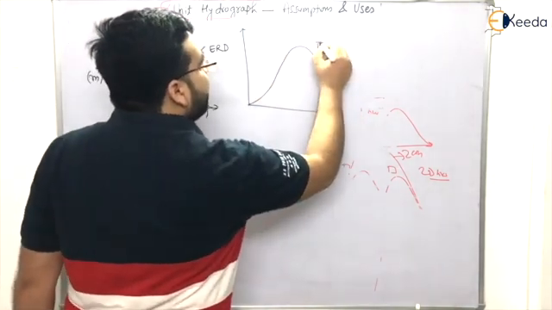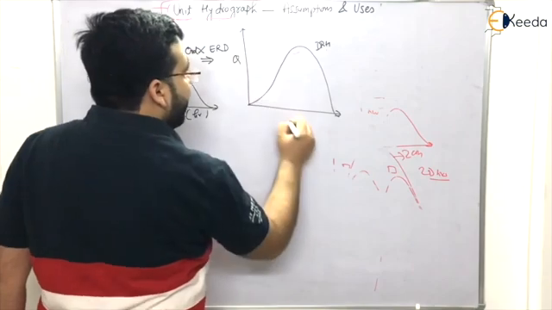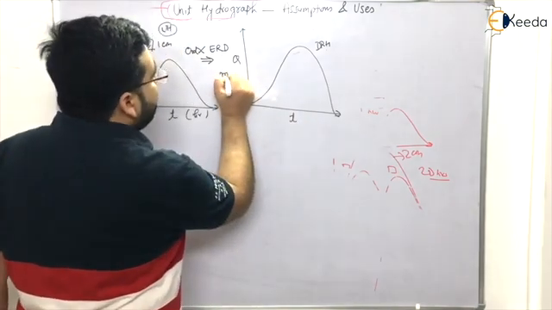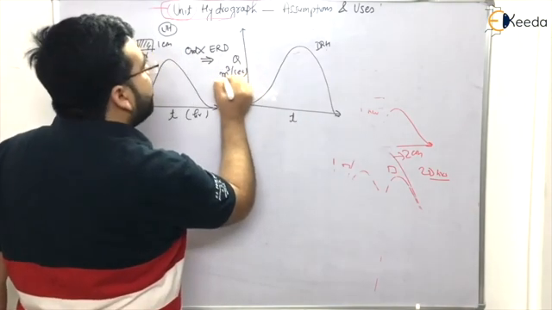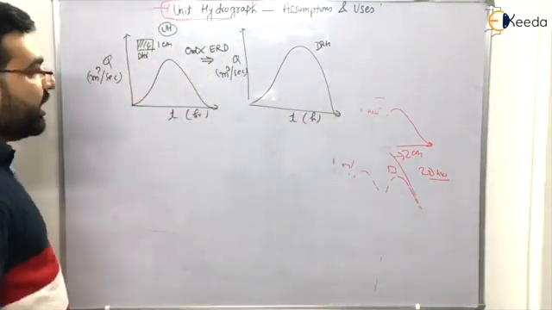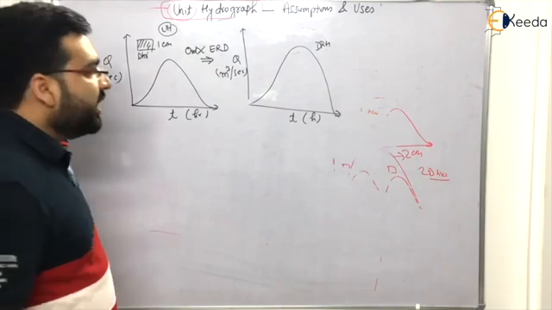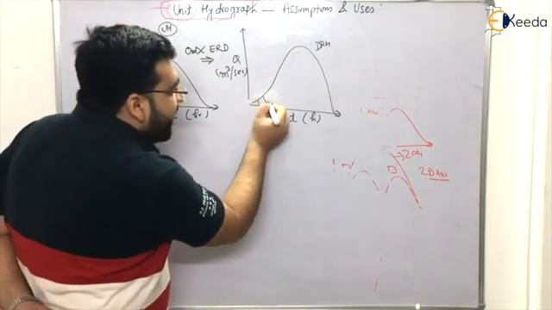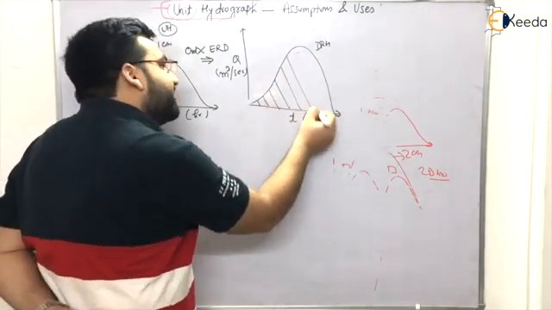This is your direct runoff hydrograph, Q and time. What is the unit of Q? That is meter cube per second or meter cube per hour, whatever will be given, and time generally in hours. Clear? Now you tell me what will be the area of this direct runoff hydrograph?